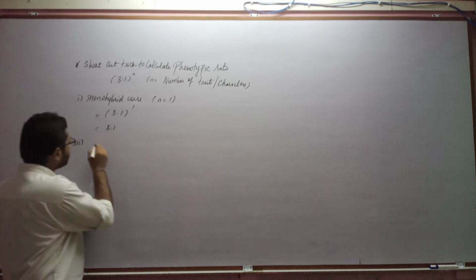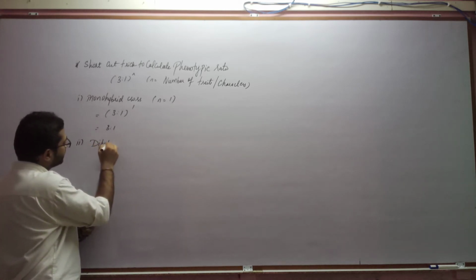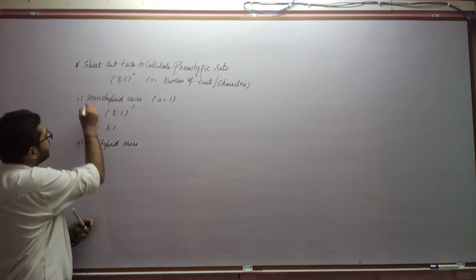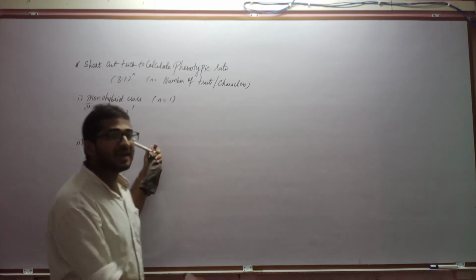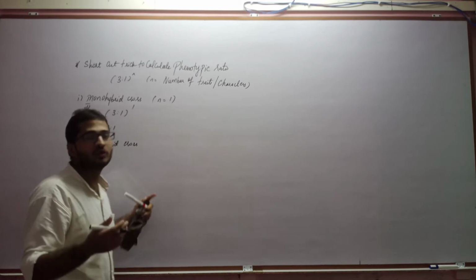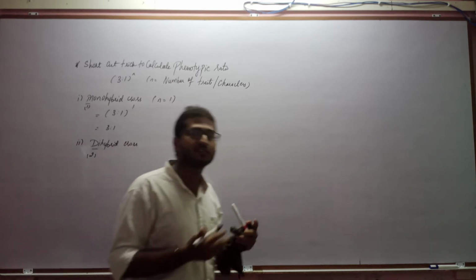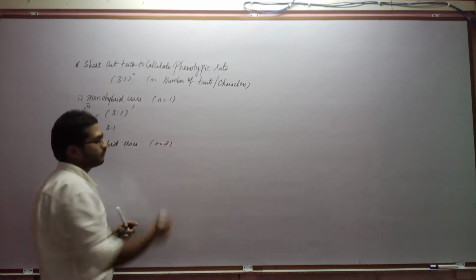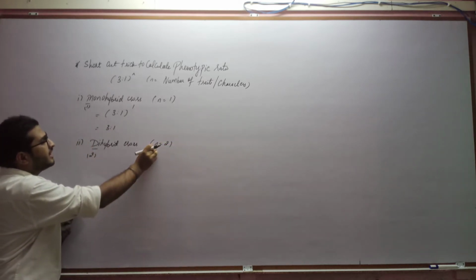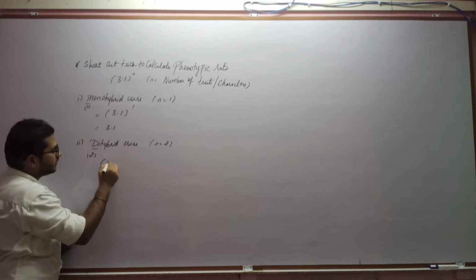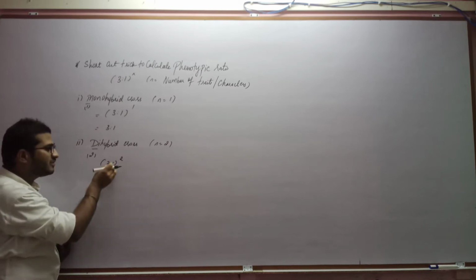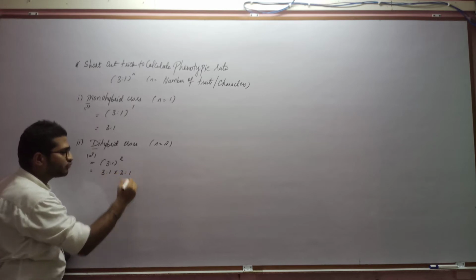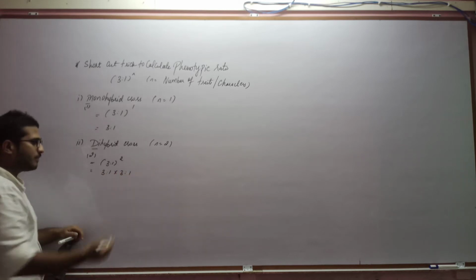Now let us discuss the dihybrid cross experiment. Di means 2. So what would be n for dihybrid? It is an experiment in which 2 traits or 2 characters are involved. So n here would be 2. We place this n in the formula: 3:1 raised to 2. That means this is repeated 2 times, so 3:1 multiplied by 3:1. We just have to multiply both of these.